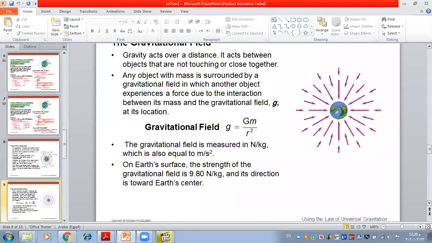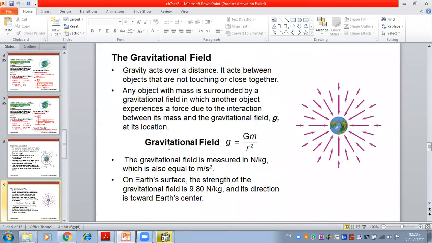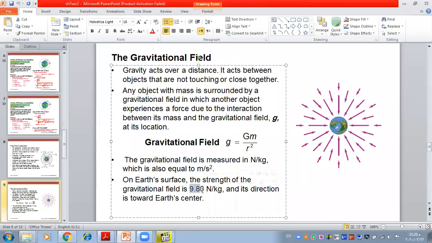For the other slide here, I am telling you that each planet has its own gravitational field, right? How do we calculate the gravitational field of the Moon by this law? How do we calculate the gravitational field of the Sun by this law? How can we calculate the gravitational field of Mars, Neptune, any other planet by this law? If we use this law for Earth, we will find it is 9.8.